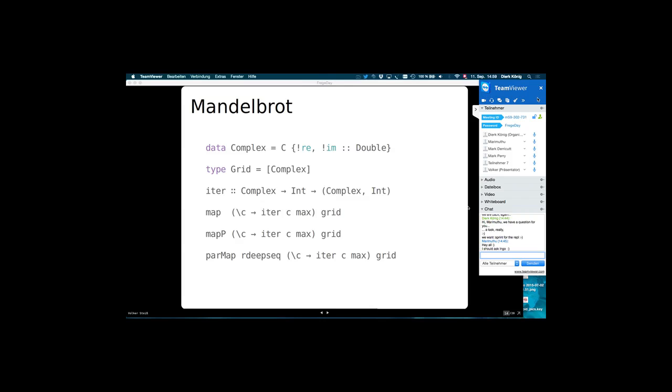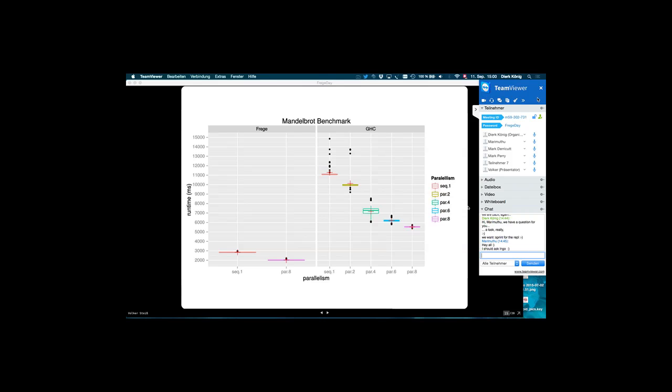We look at each point and calculate the eta function, and it stops at the maximum or at some point where we set the breakpoint. Again, map P for parallel in Frege, and parMap and dipsec in Haskell, GHC. So it's just pure calculation, pure addition and multiplication.